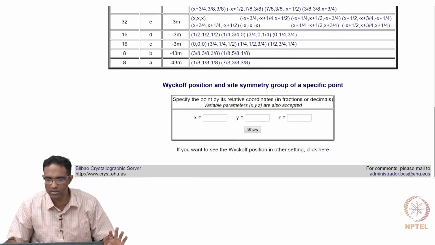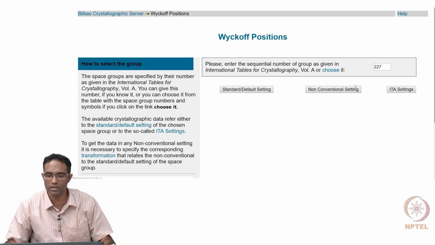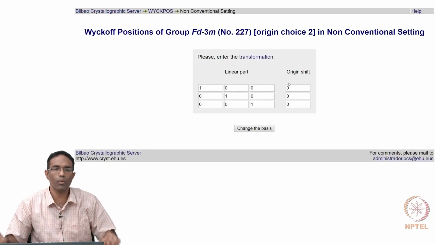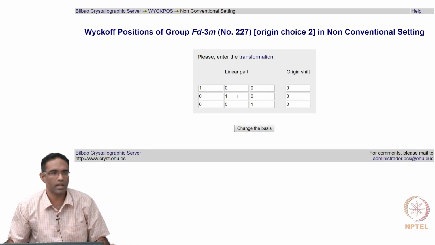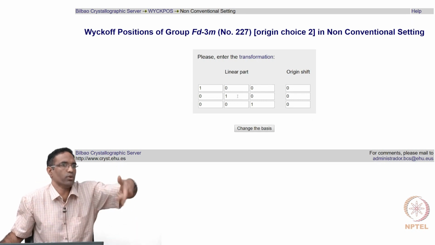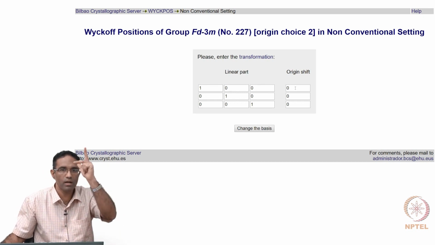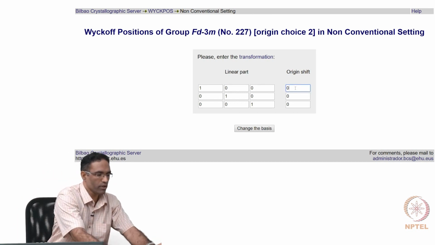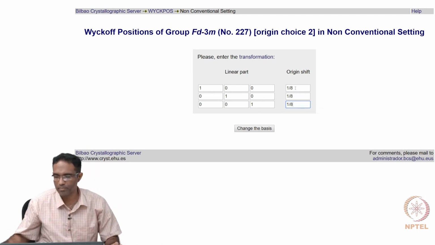So what I do here is, I go back and click non-conventional setting, and it tells me what sort of transformation I want to apply. So this is basically a linear transformation. You can rotate the origin and all that, you can rotate the coordinate system. We don't need that, we just need an origin shift. So I am going to shift it by 1/8, 1/8, 1/8,